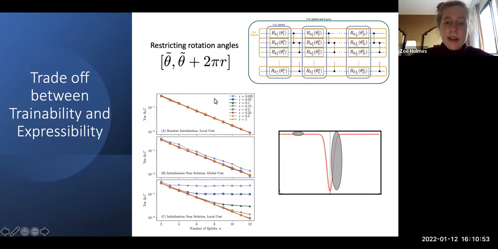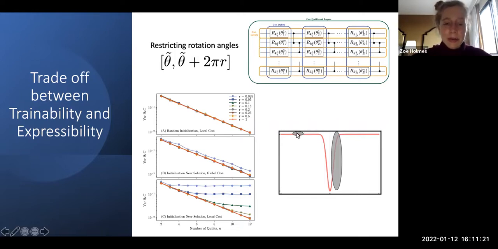And then we tried two different variants on this. We tried the case where theta tilde was chosen randomly. And then we tried the case where theta tilde was chosen to be close to the solution. And what we find is that if we have a random initialization, vastly reducing the rotation angle range doesn't do much. And the explanation for this is you're essentially just exploring a small region of the barren plateau. So when you pick randomly, you're likely to be on the barren plateau. And if you just explore a small region of the barren plateau, you're still going to be on the barren